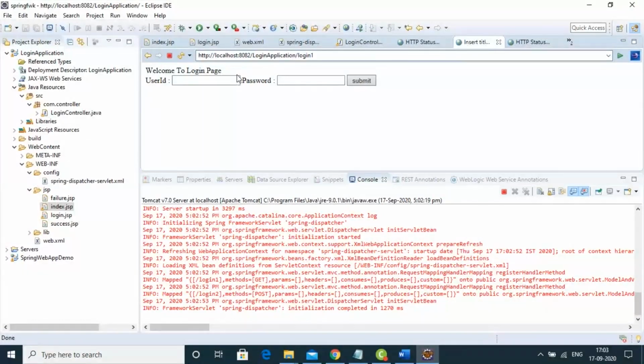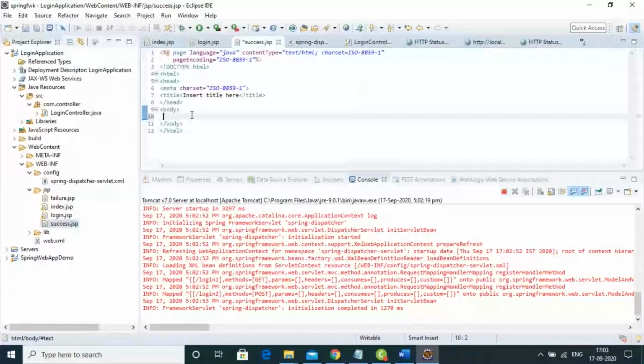Now, if I push some user ID ABC and the password XYZ and click submit, which page is it going to? So what you have to do is write the success page and failure page. This is a success page. Just write here